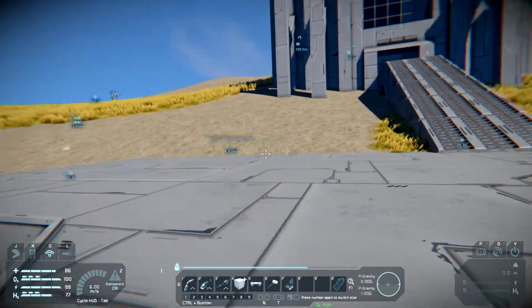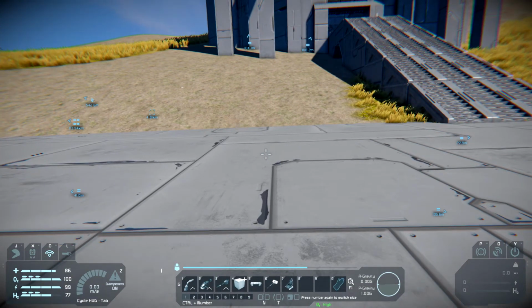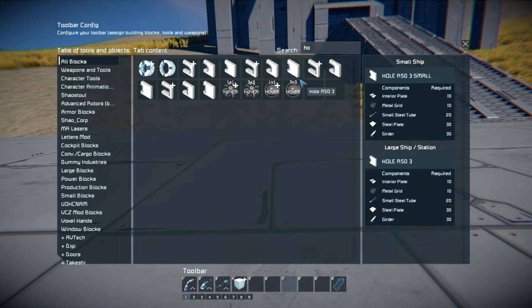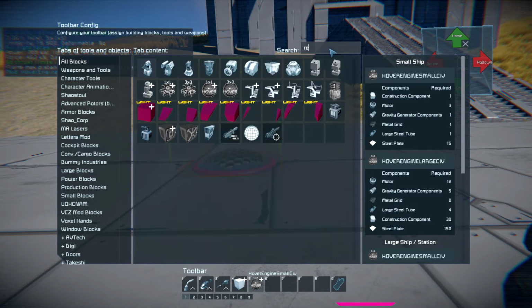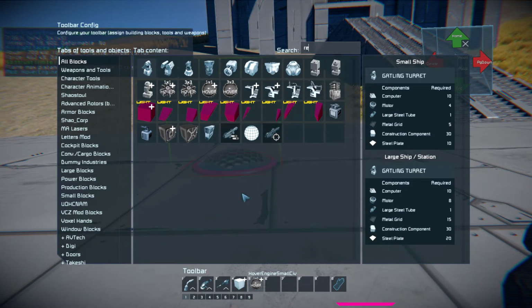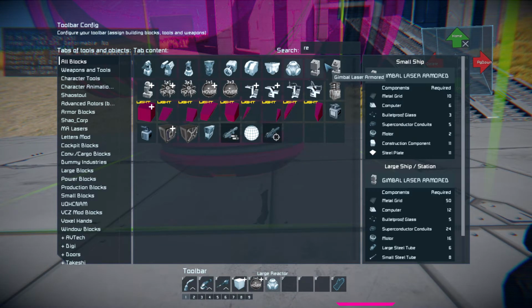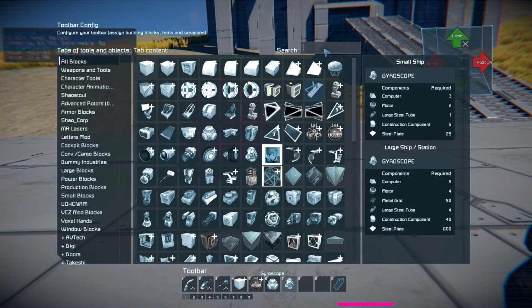What I want to build today is still the hover vehicle, and for that I will need blocks. I will need the hover modules. I will go with the civic ones. I need a reactor, and where's the... Oh, I have to take the model that I want, and then I need a gyro, a cockpit,